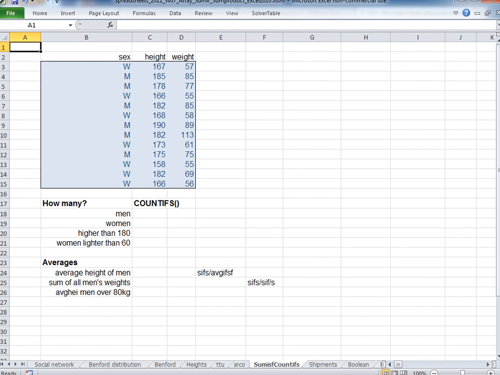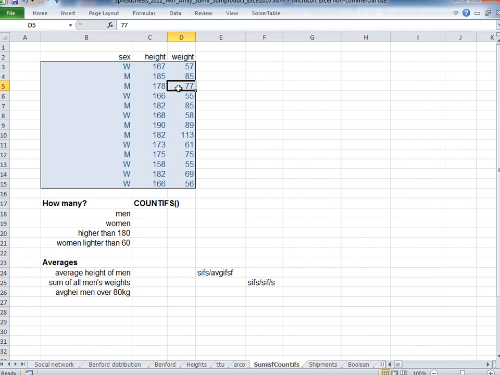Next, let's take a more thorough look at COUNTIFs and SUMIFs. We have a table where a number of people are enlisted. They are either men or women, and they have heights 167, 185, and so forth. Their weight is given in kilograms, 57, 85, 77, and so forth. And now we want to know what is the